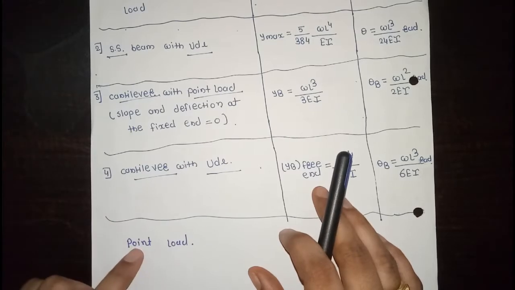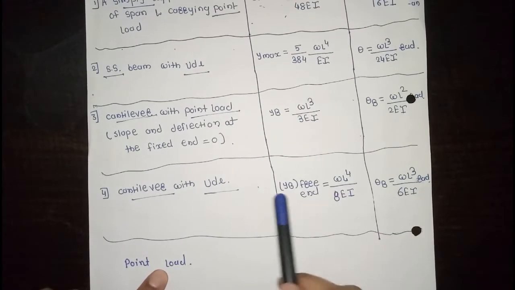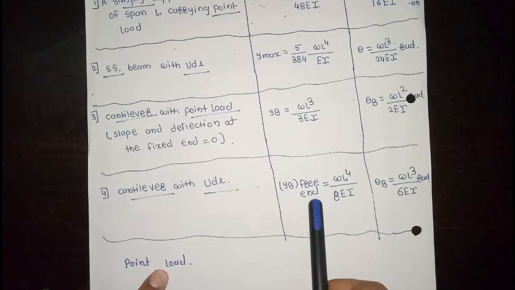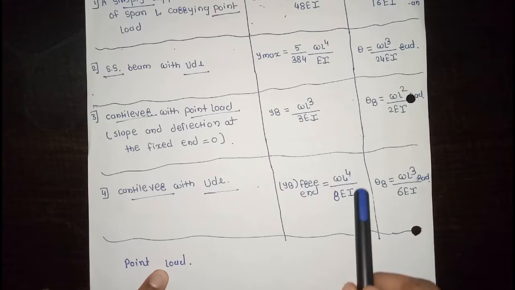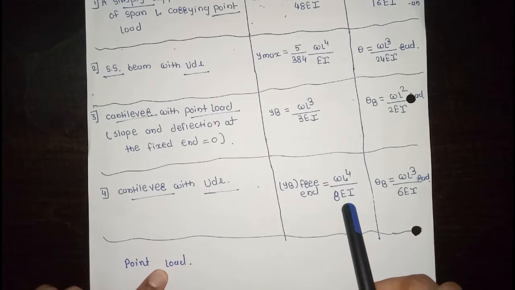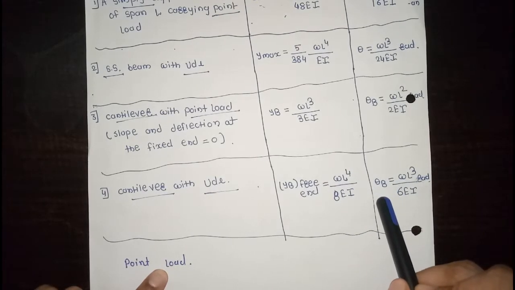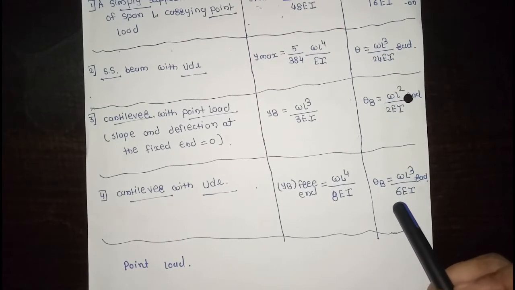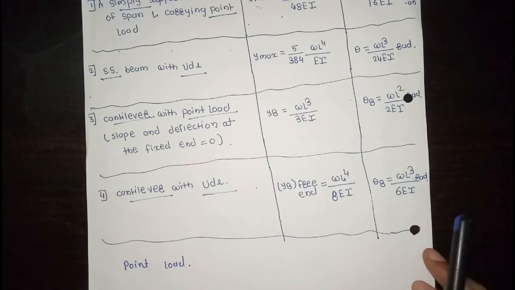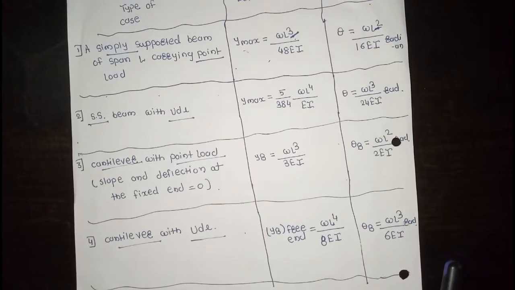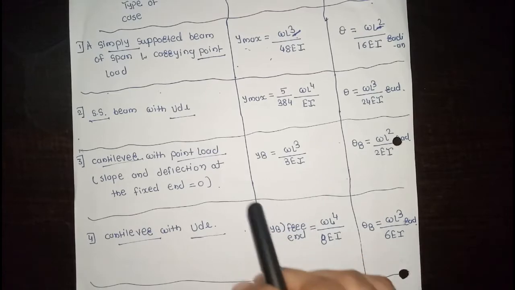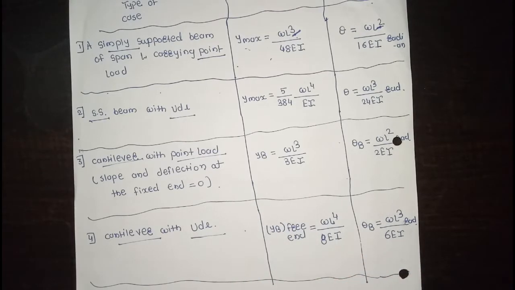Fourth case, cantilever with UDL. Deflection at the free end is equal to WL raised to 4 divided by 8 EI and theta B is equal to WL cube divided by 6 EI radian. This is the formulae of 4 cases. So first of all we will see the first case, simply supported beam of span L